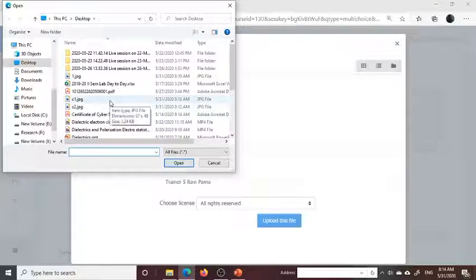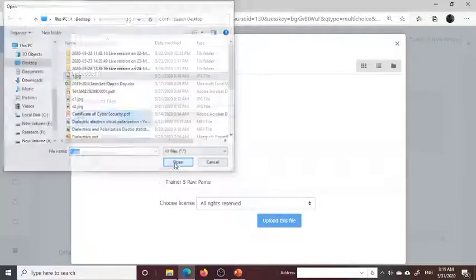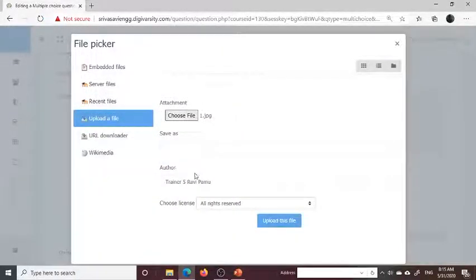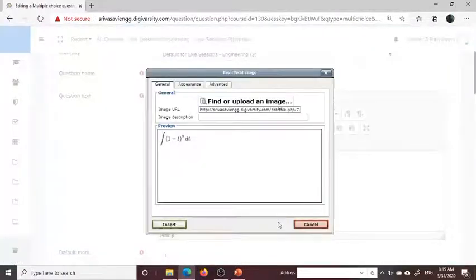That image is stored on my desktop. So this is the image. Now open, upload this file. Okay, upload a file, choose a file and upload. So this is the integral of 1 minus t whole power 9 dt.